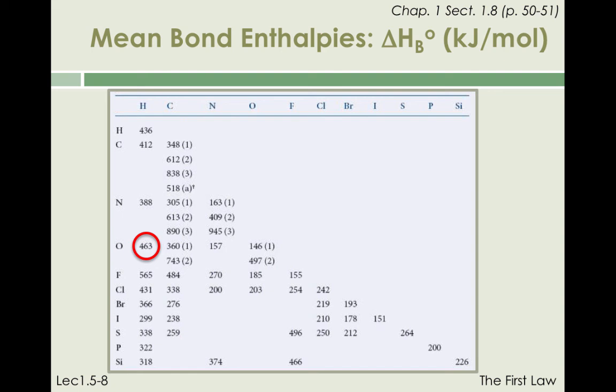Similar experiments have been carried out for all kinds of bonds, like CC bonds, CH bonds, CO bonds, COO bonds, and so on. These average values are called mean bond enthalpies, written symbolically as ΔH°B, and are shown in this table. Note that the mean bond enthalpy for OH has a value that is slightly different from that calculated just for water, but that is very different from that characteristic of the OH radical.